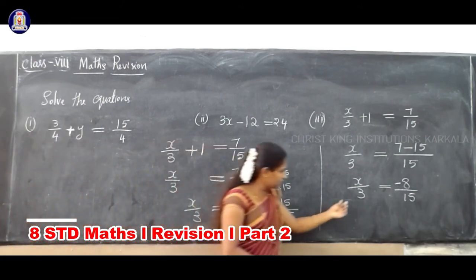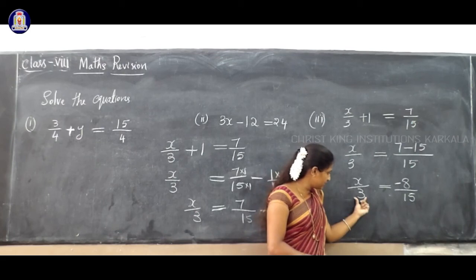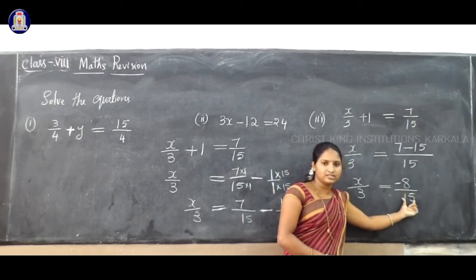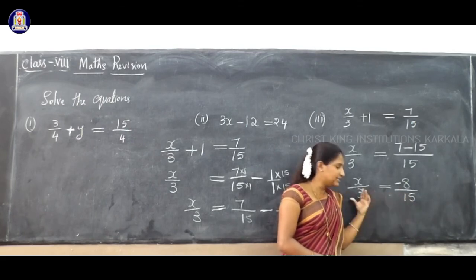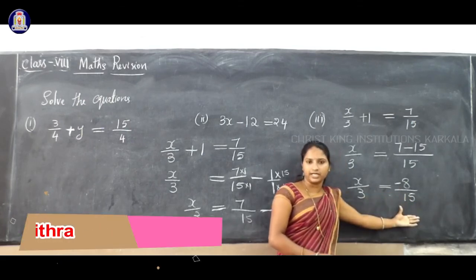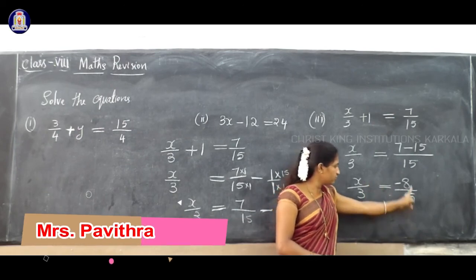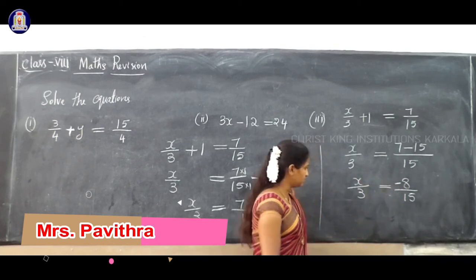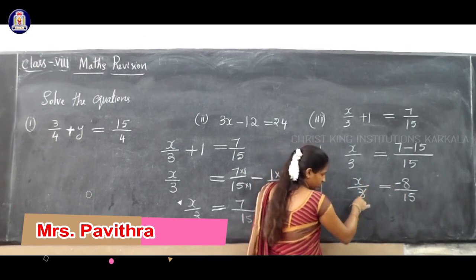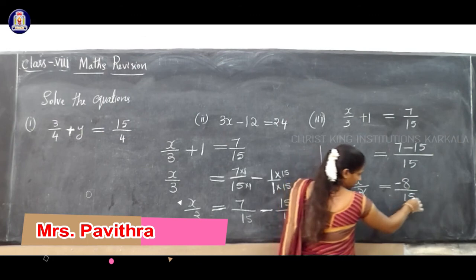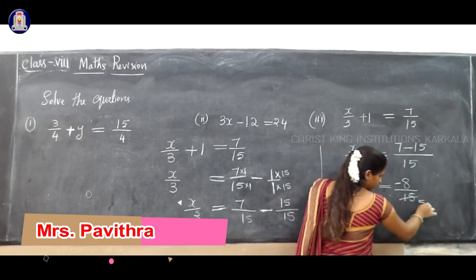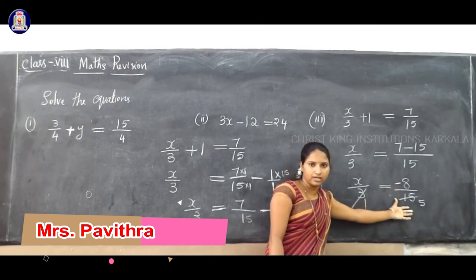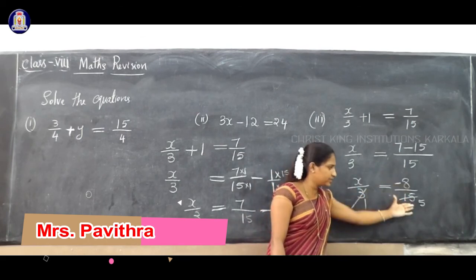So now see the denominator. Here the denominator is 3 and the right hand side denominator is 15. So this is simple. You can cancel these terms. You can simplify directly. Or else what you have to do? You have to cross multiply. Cross multiply, then you have to divide. But this is simple, directly you can divide. See how much the 3? 3 ones are 3. 3 how much the 15? 3 fives are 15. Only denominator and denominator we can cancel. Okay? Numerator and numerator, denominator and denominator.